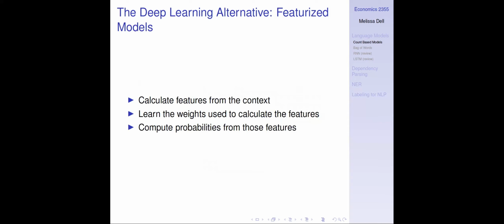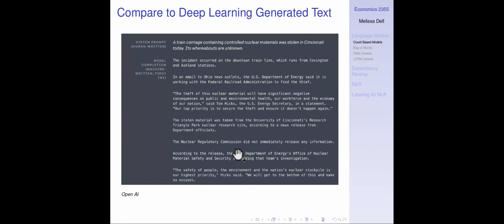And so, the alternative would be to use featurized models. We calculate features from the context, we learn the weights used to calculate the features, and we compute probabilities from those features. And so this is an example, just to compare deep learning generated text from a model called GPT-2 that's a few years old now. It gets a prompt: a train carriage containing controlled nuclear materials was stolen in Cincinnati today. Its whereabouts are unknown. And you can see it generates this entire coherent